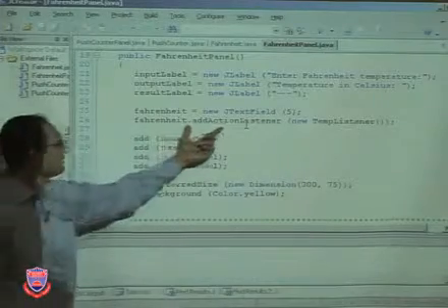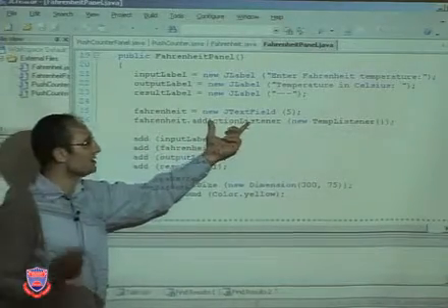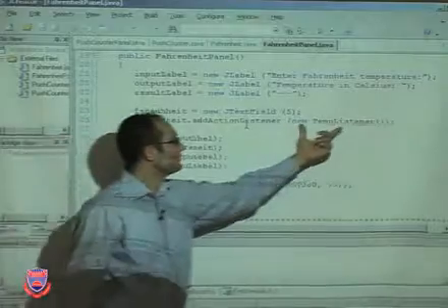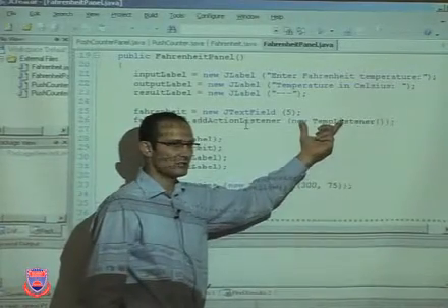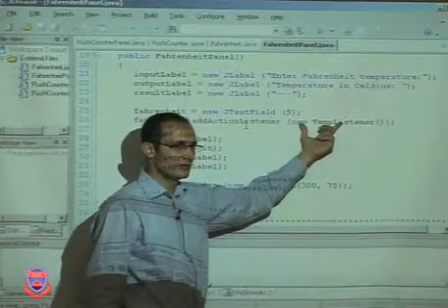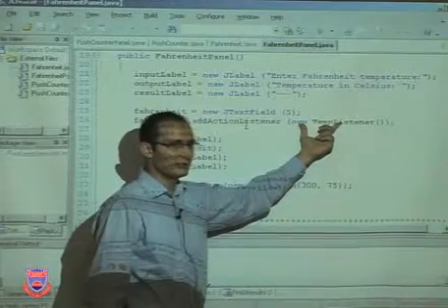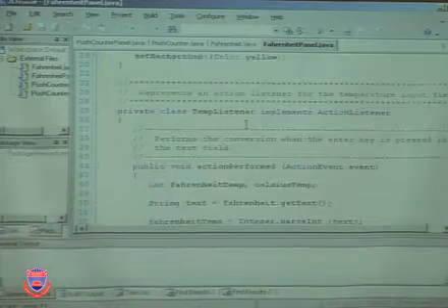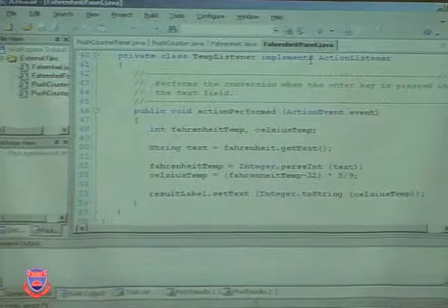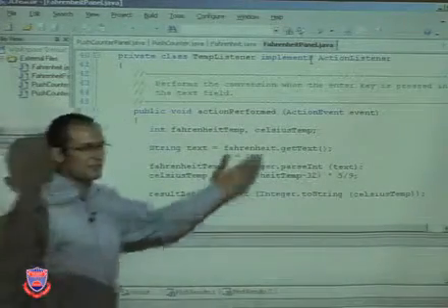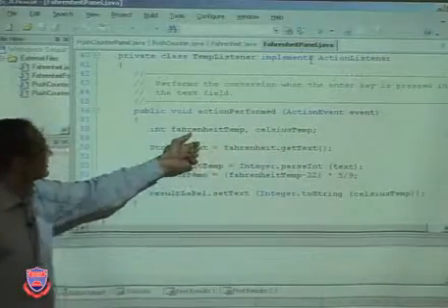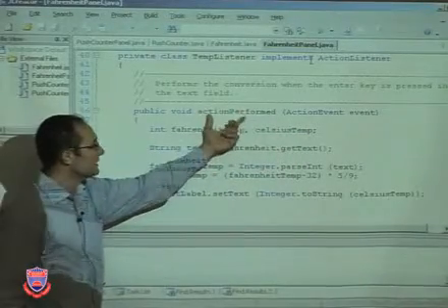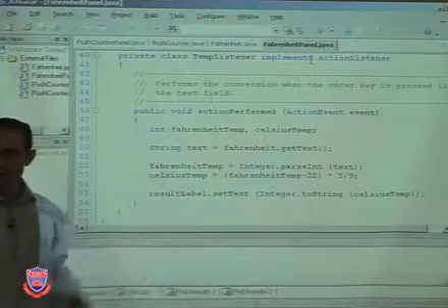And when you look into the addActionListener, it is going to listen to what happens with this TempListener object, which we just create with new TempListener. So we are going to be creating the object, and as we will see below, an inner class, TempListener, again implements the ActionListener, and then we have the same method that we need to implement